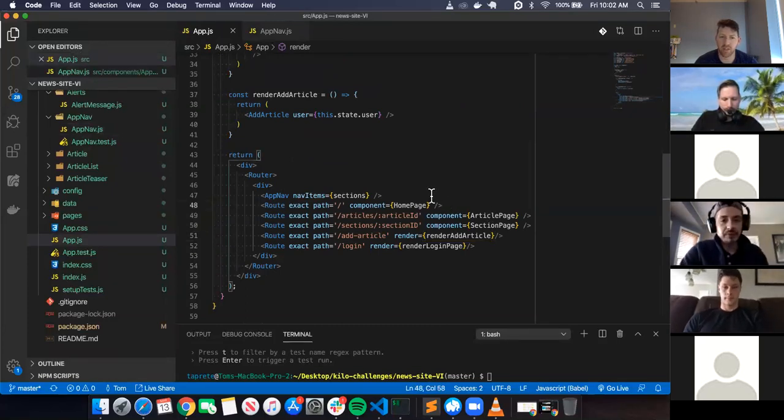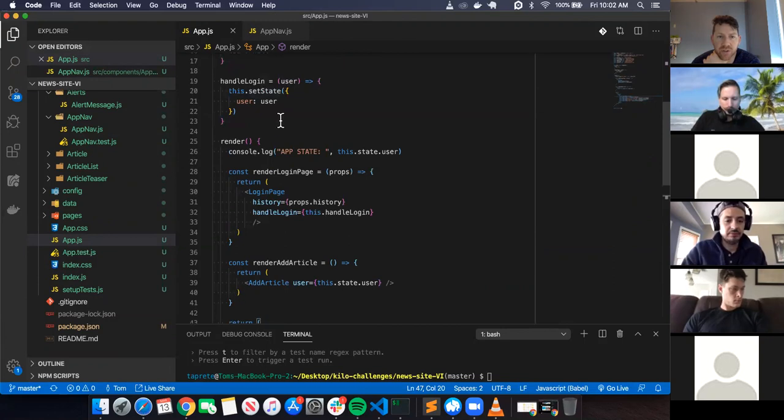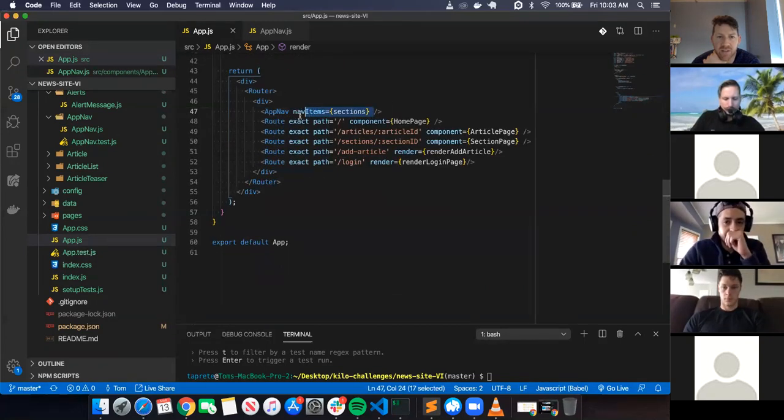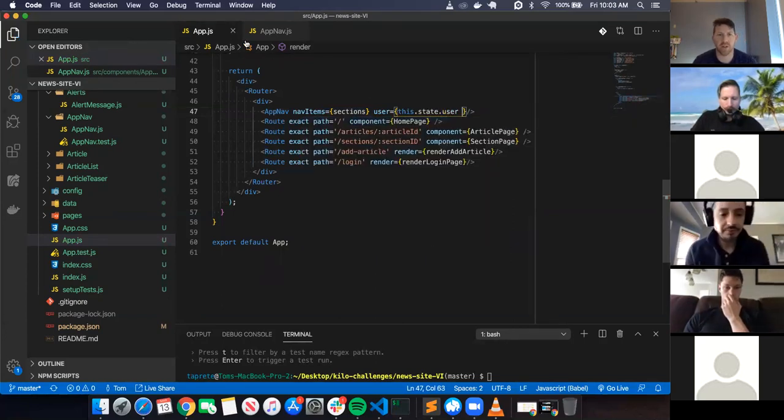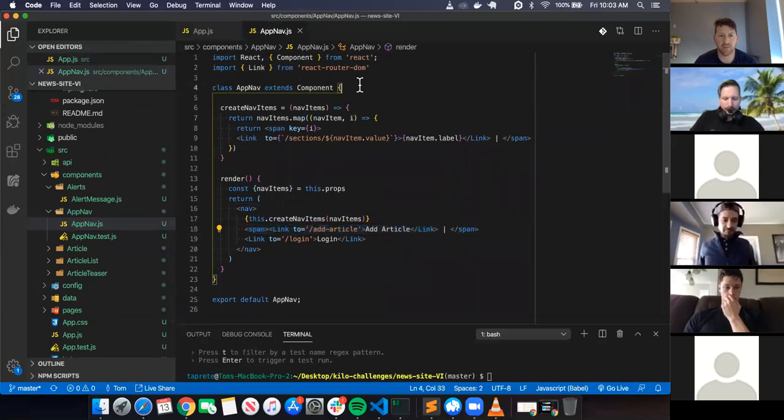And do I even need? So in here, since I'm just literally rendering the app nav, I'm not actually using a route. So in order to pass in the user, I can literally, I don't even know if I need nav sections anymore, but we can just refactor that if there's time. I can really just pass in user equals this.state.user as property,